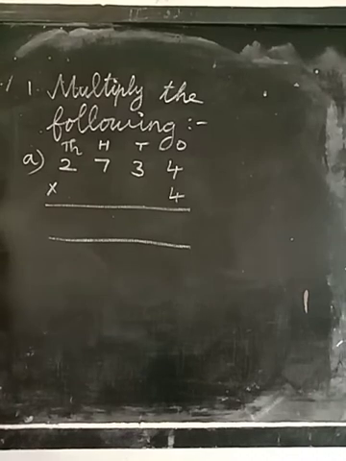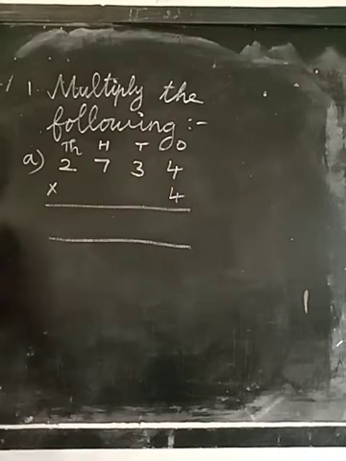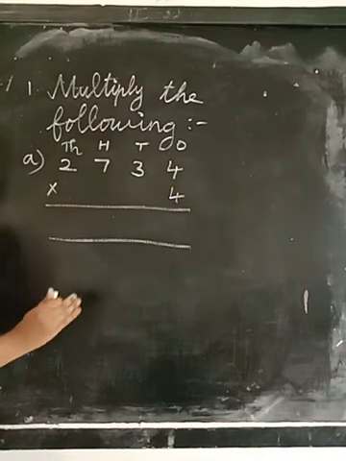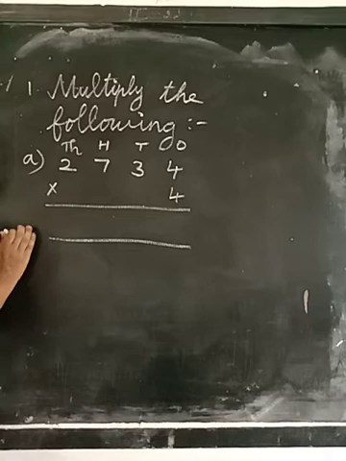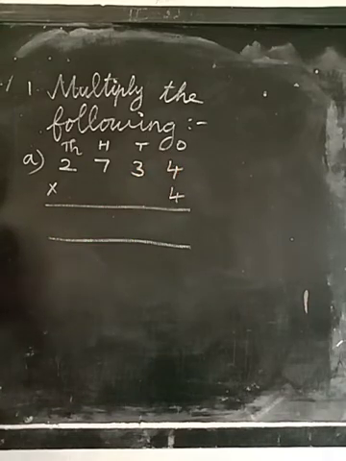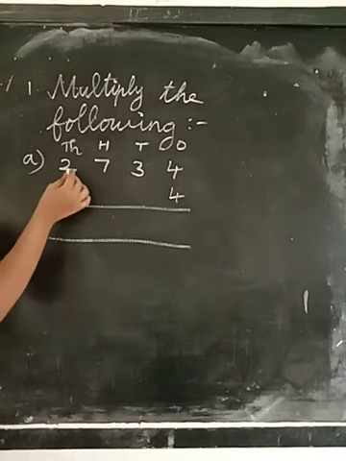See here, already in the first chapter, do you remember, we were writing the tables and doing the multiplication. But now I am not going to write the tables here. Without writing the tables, we are going to do the sums. For that, you should be thorough with the multiplication tables. The same as addition and subtraction, we start from the ones place. The same for multiplication.